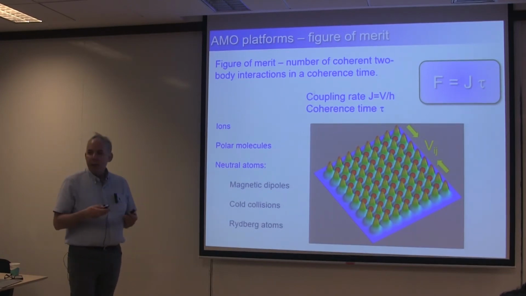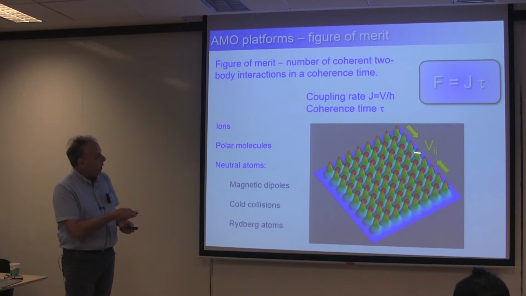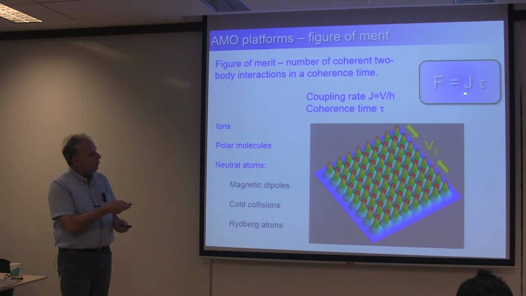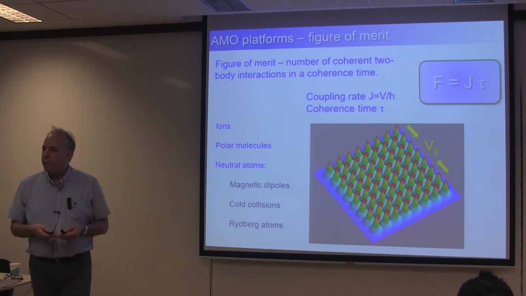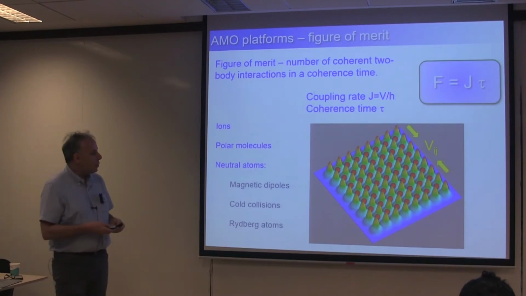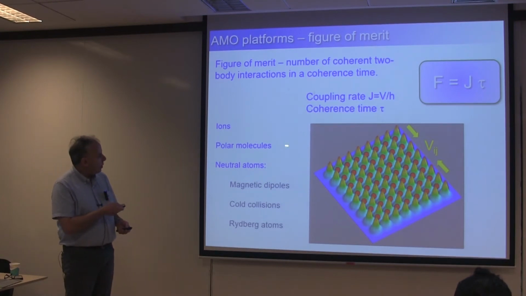where J is a coherent coupling rate between atoms or molecules or ions, say situated in an array like this, and tau is an available coherence time. So this figure of merit is effectively the number of coherent operations I can perform in a coherence time on my atomic species of interest. And we might consider comparing ions, polar molecules, several groups here, and also many other places working on molecules, and also neutral atoms with different possible